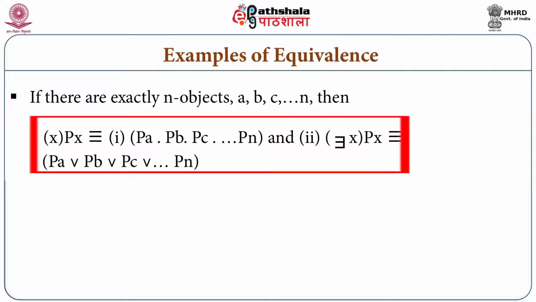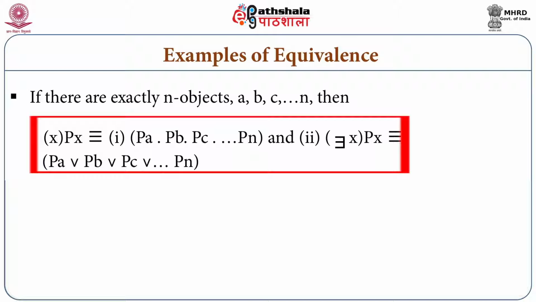On the left hand side, it will always be the same. For all x, x is p. If it is existential, there is an x such that x is p. Left hand side same. But on the right hand side, our sentence will become longer and longer. If it is a universal sentence, then it will become pa and pb and pc and pd and so on till pn. If it is existential, then either pa or pb or pc or pd and so on